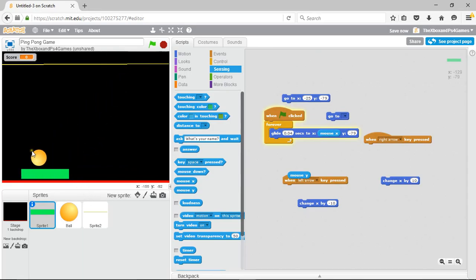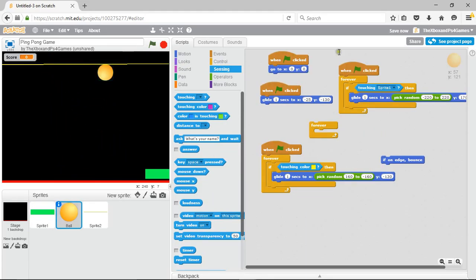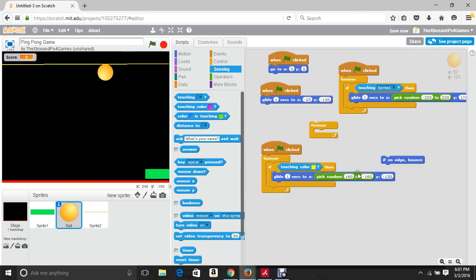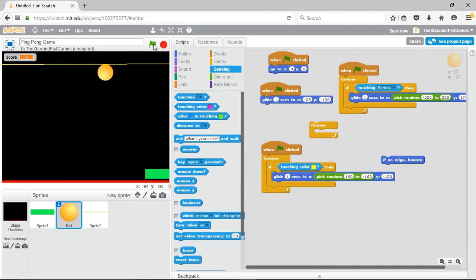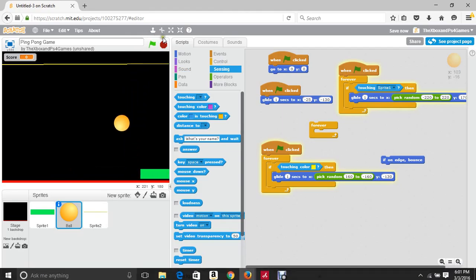Boom. And there is your Pong game. I know it's a bit kind of laggy at the end. But yeah, that is what your code should look like. Pretty simple, and yeah, that's Pong. So use this tutorial, and yeah, so this was